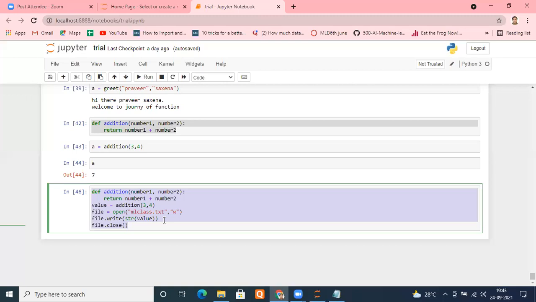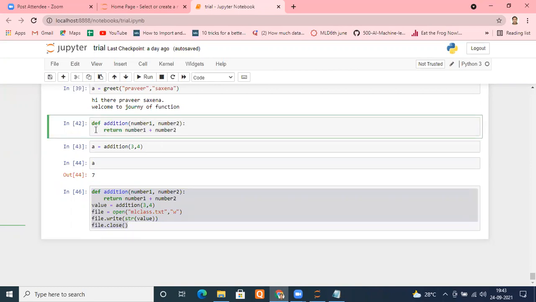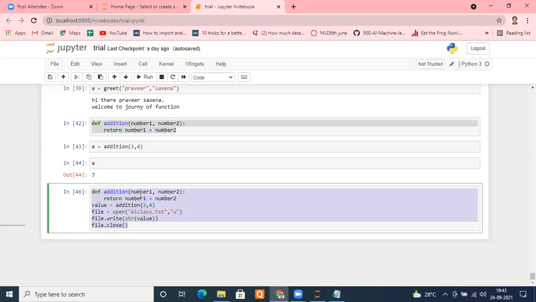Is it fine? So can you now summarize, how many types of functions are there? 2 types. Which one? I repeat once again, which are going to perform a certain kind of task. Yes, inbuilt functions and user defined functions. Inbuilt means which are already available in the Python library. You can directly use them. Are these functions user defined or inbuilt? That is user defined. Very good.